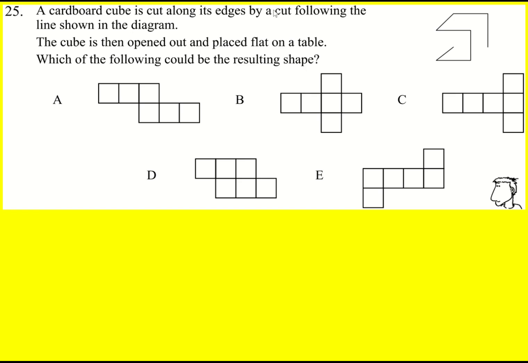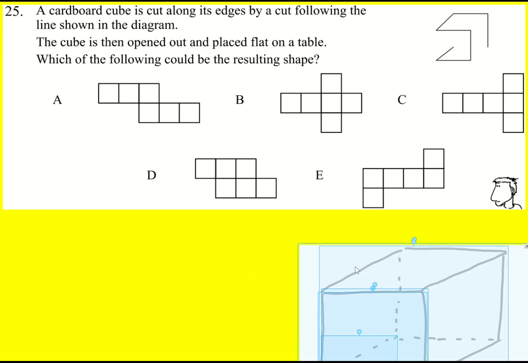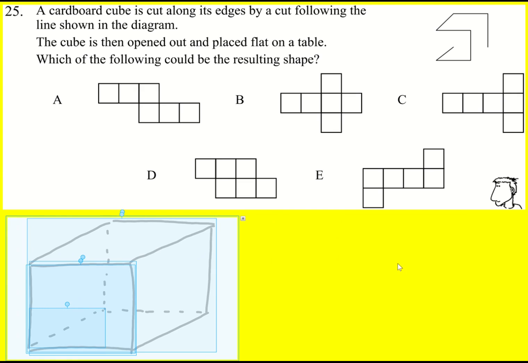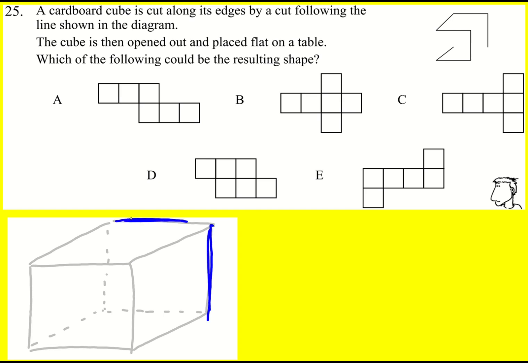A cardboard cube is cut along its edges by a cut following the line shown in the diagram. So here's a cube that I've made earlier, and I've purposely made all the sides light grey, and then I'm going to highlight the cuts in blue. So a cut there, there,